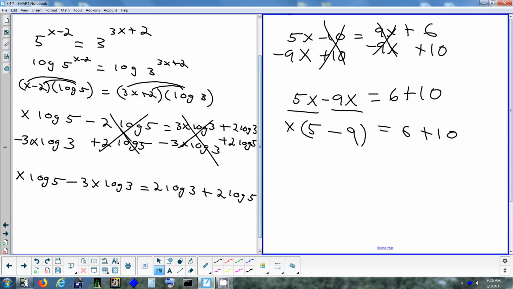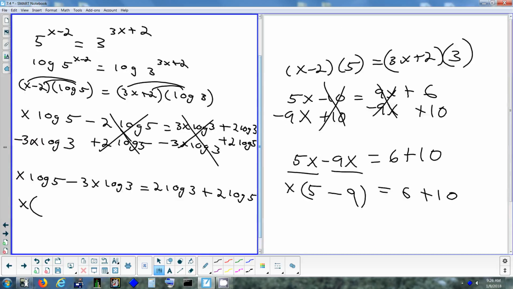Right. Let's do the same thing here. Factor out the x. If I factor out the x from the first term, what am I left with? Yeah, I'm left with log 5 minus, and if I factor it out from the second term, what's left? A little more than log 3. Something else is in front of it as well. 3 log 3. Keep the other side exactly the same. 2 log 3